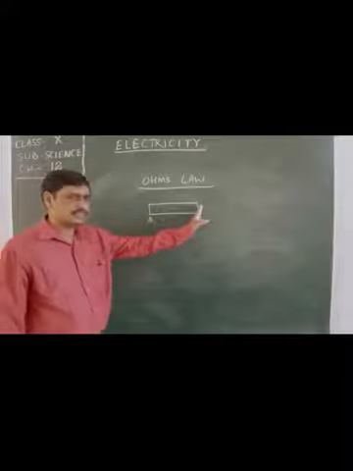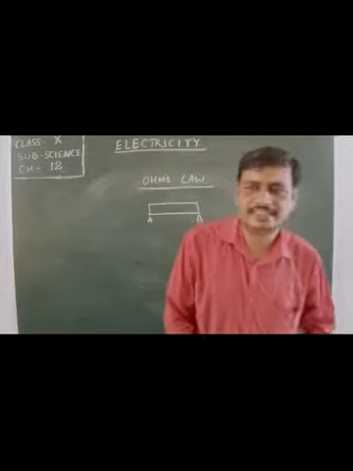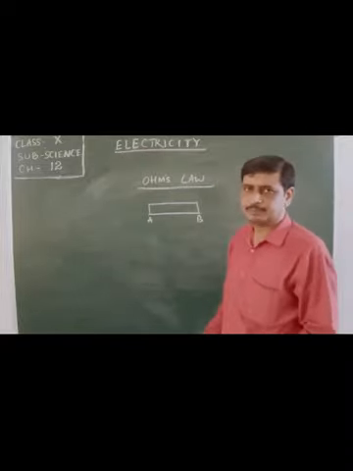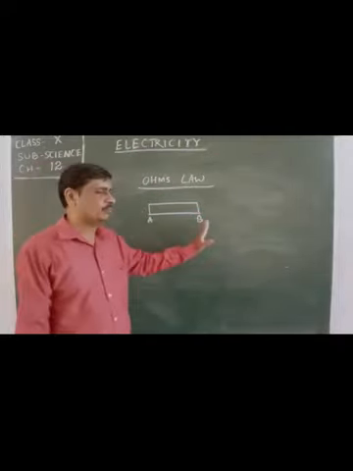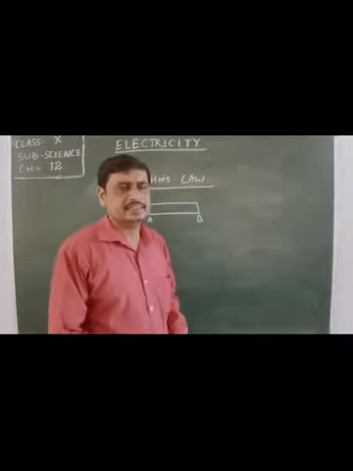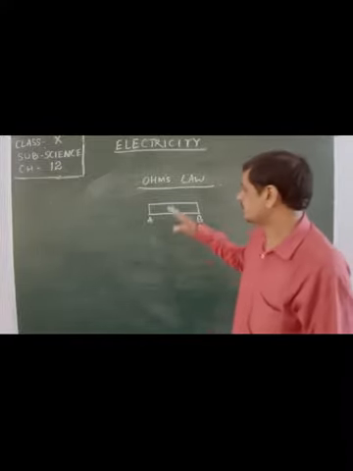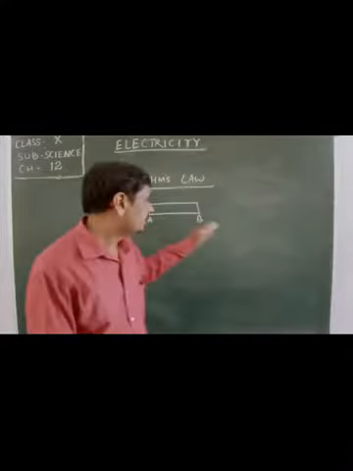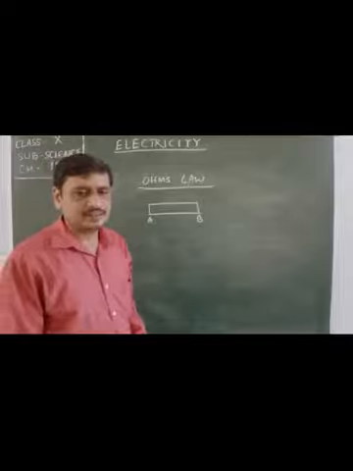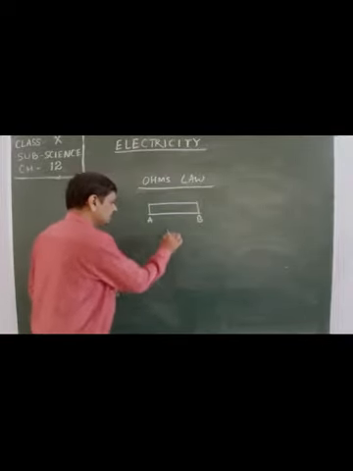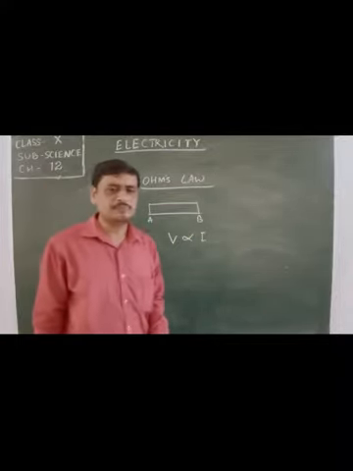If the potential difference between the points or ends A and B is more, then more electric current will pass through this conductor. If the potential difference between both the ends A and B is less, then less electricity will pass through this conductor. But it needs a constant temperature. If temperature changes, the resistance of the conductor will change, by which the amount of electricity flowing through this conductor will change. But at constant temperature, the potential difference and electric current become directly proportional to each other.